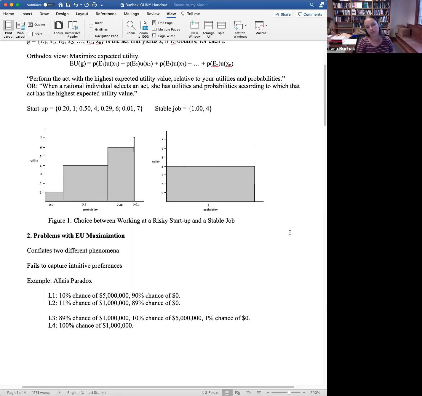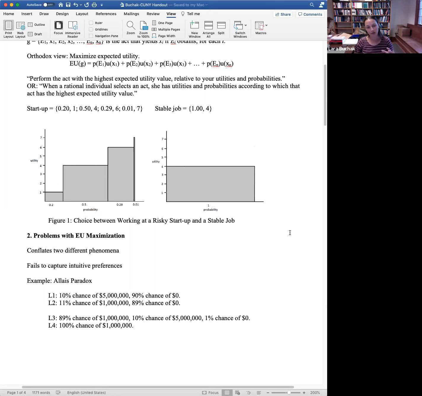And the intuitive reason that people have these preferences, it's like, okay, you think about the choice between L1 and L2, and you say, well, they both have a minimum value of nothing. They're both very likely to get me nothing. But if I take L1, that 10% chance, I'll get $5 million. That's a lot higher than $1 million, even if I have a slightly higher chance of getting the $1 million.